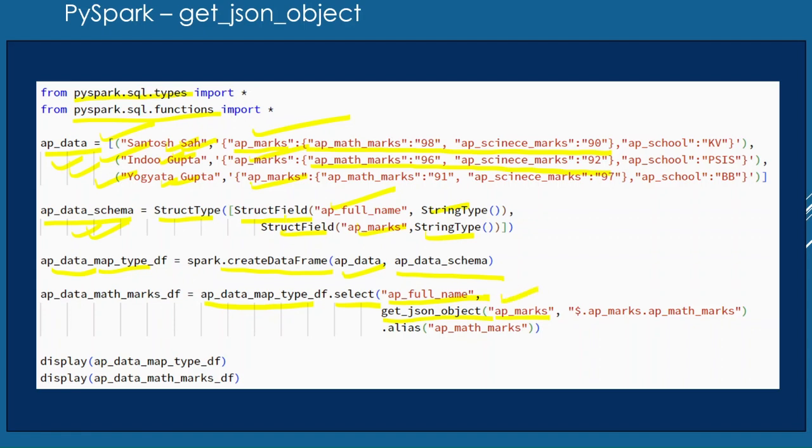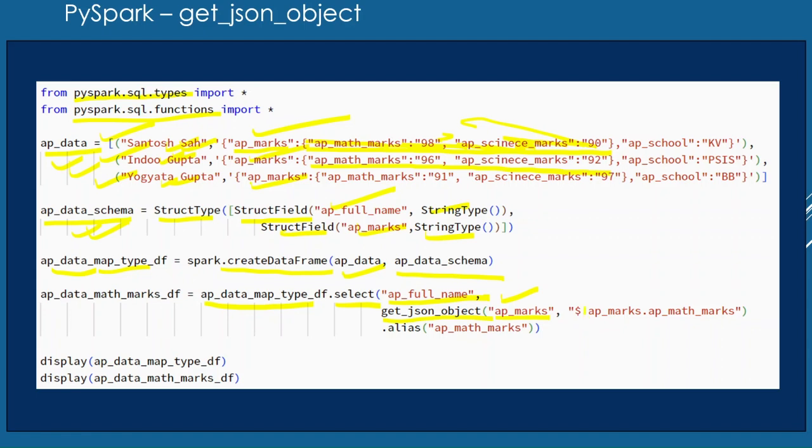So what is the AP marks? It is defined here. So this whole thing, till here, it is going to present. With the help of this get_json_object, this whole JSON object it is going to fetch, and from here if you want to fetch the math marks, how can we do it?